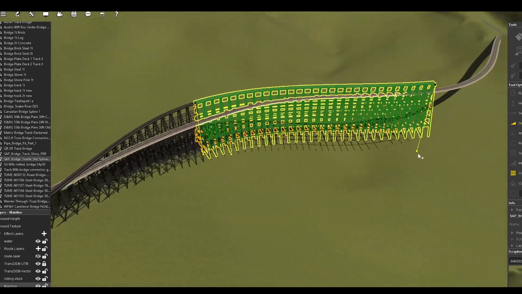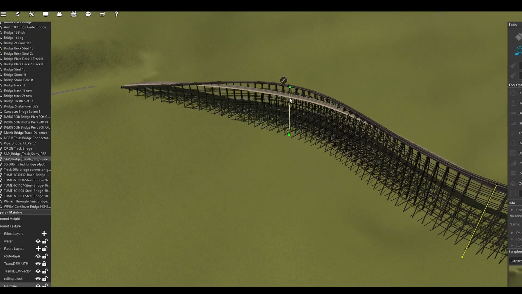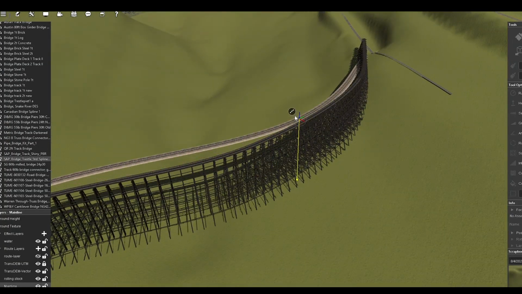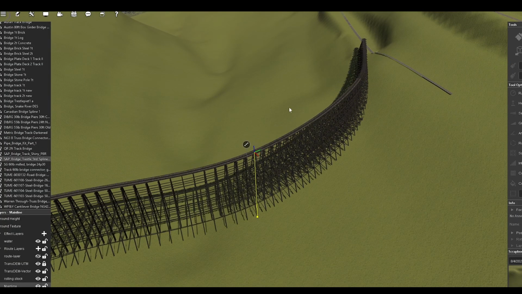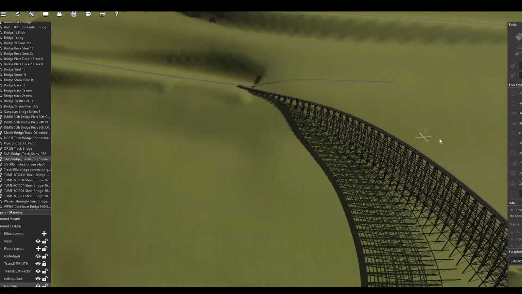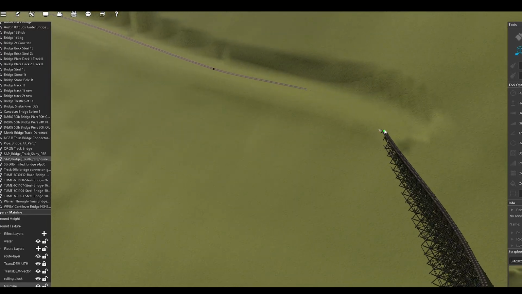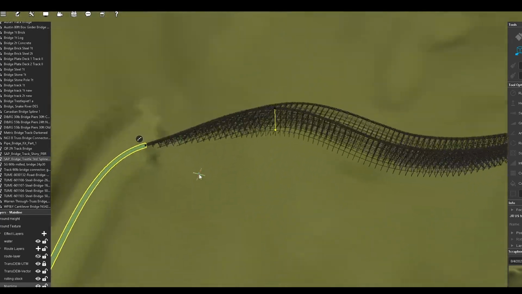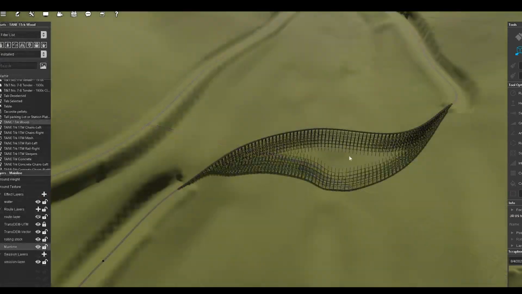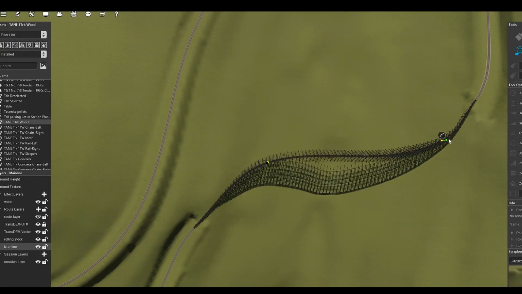I show a little bit here on the screen about creating some of the bridges, especially the S-curve trestle. And this one was a really difficult one. As you can see, I had to go through different bridge assets. I finally settled on this one that I noticed in the end is actually an extremely narrow gauge trestle. I did end up having to swap that out with a very similar one from the same creator. And ultimately I ended up moving the bridge's location